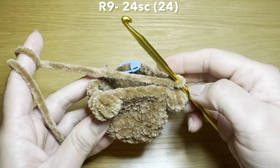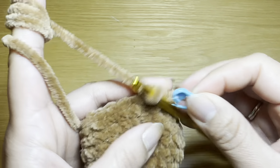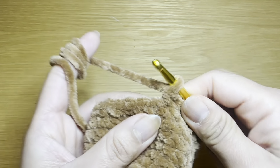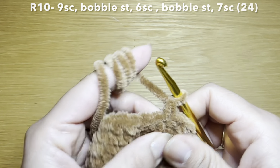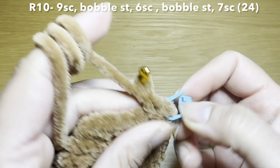Go ahead and work that round and then meet me back here. Once you've worked your 24 single crochets in a row, stitch count should still be 24. Let's start the next round by working 9 single crochets in a row. That's 1, 2, stitch marker back in place,